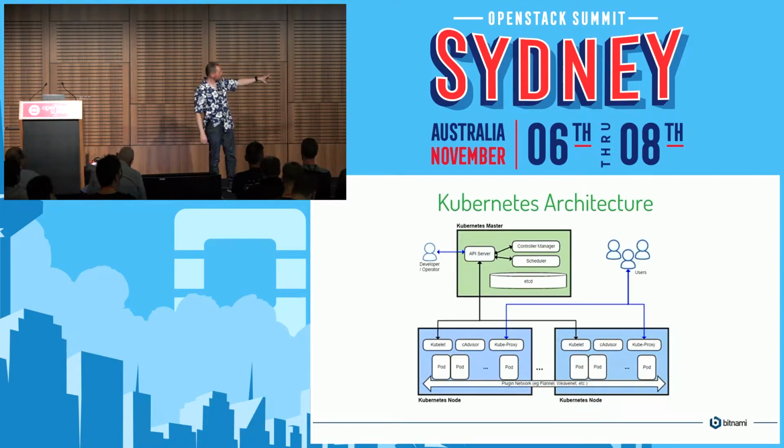On the nodes themselves, you have a kubelet. That's a little bit like the Nova compute agent. Kubelet talks very closely to whatever runs your containers, which is mostly Docker daemon, but there are other alternatives out there. And so the kubelet talks very closely to Docker and tells Docker what to run and detects when it's failed and what to do again. So it's very, very tightly integrated with the Docker daemon on that host.